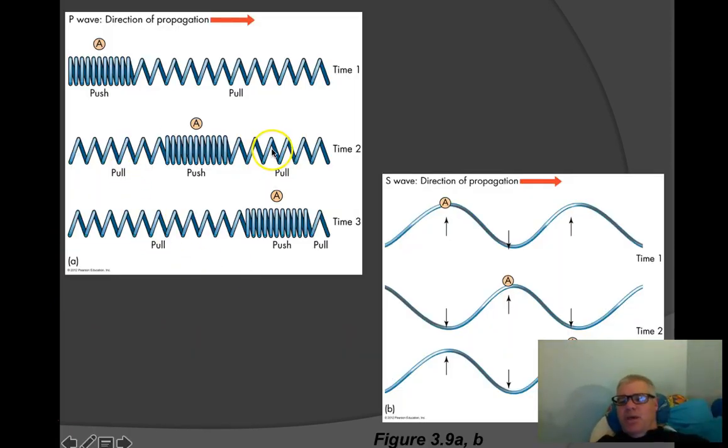So P waves in earthquakes move very fast, but they actually are not all that damaging. A P wave is also called a compression wave, and essentially it's the way the energy is pushed out through the rock, almost like a spring, where you have this compression of the rock moving through. Granted, when it hits, it jolts everything. It moves through the rock very quickly. It can also move through liquids, so it can move through parts of the earth, like the core, that's made of liquid.